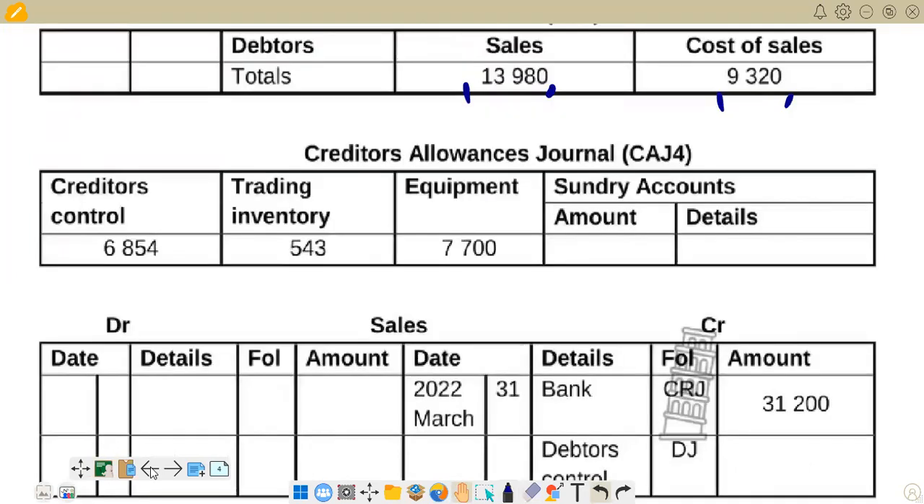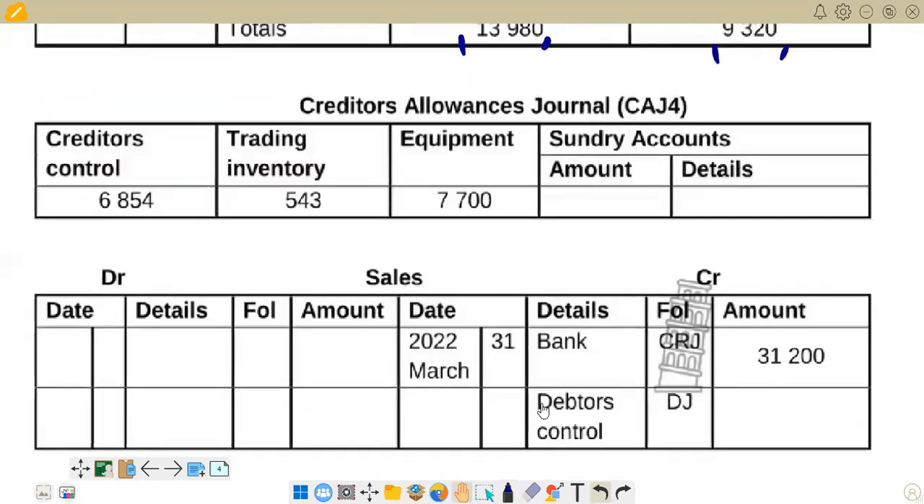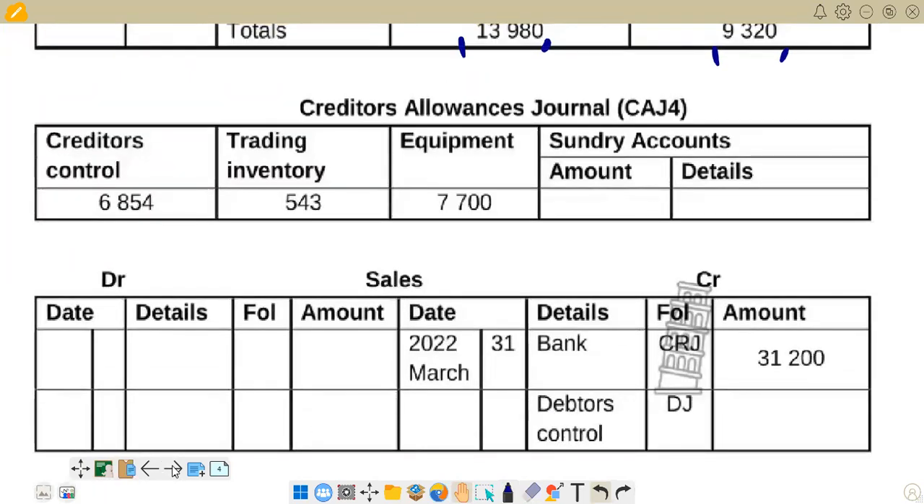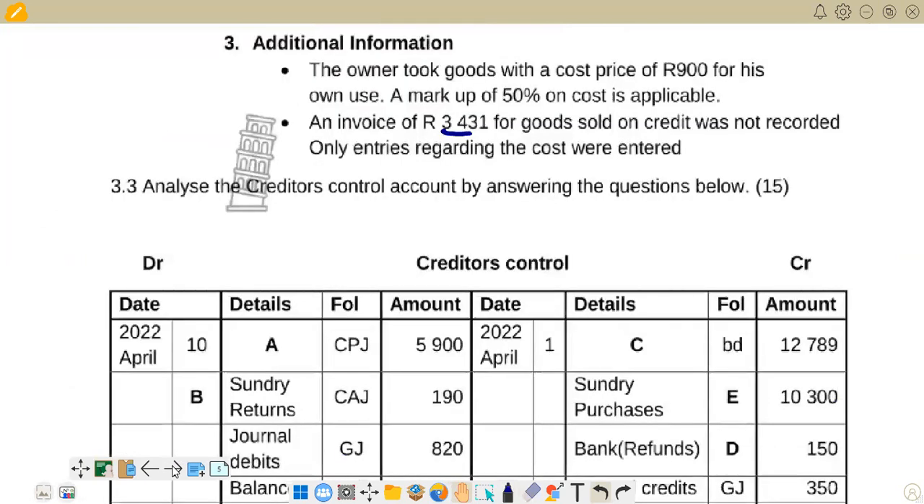So you see that we are now on the sales part, and we have nothing that is going to affect our debtors control account and our trading stock account. So we can go next page to see what we have. Right, this one